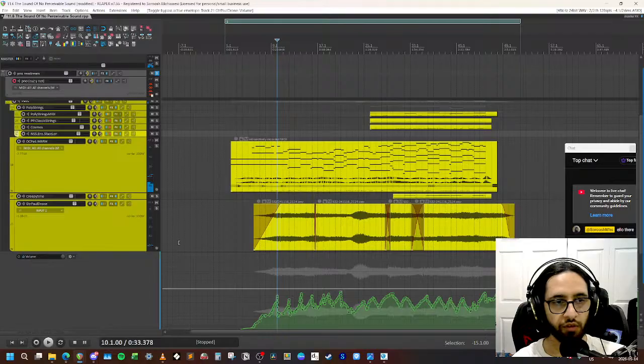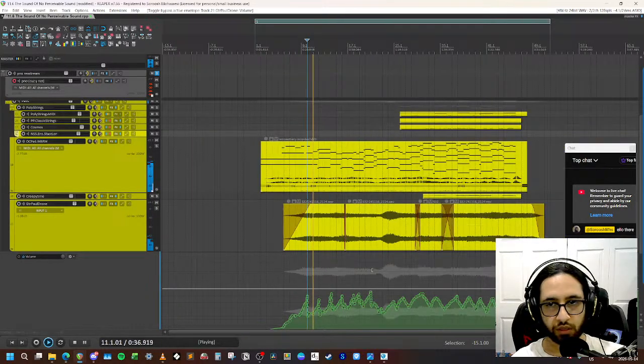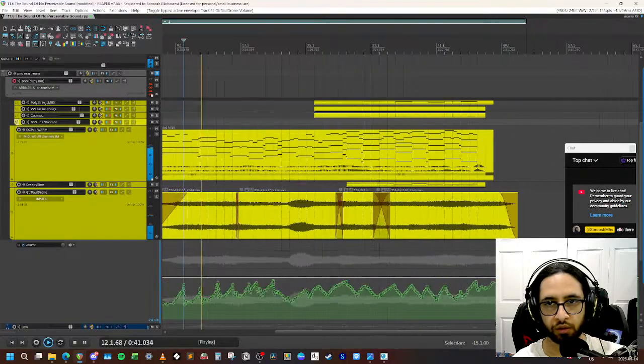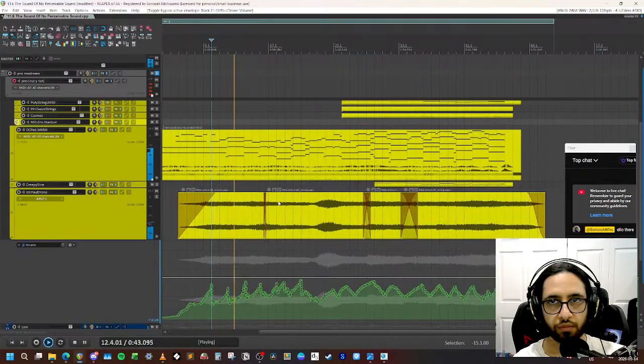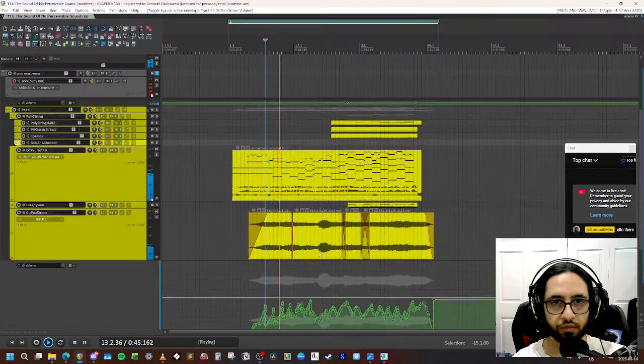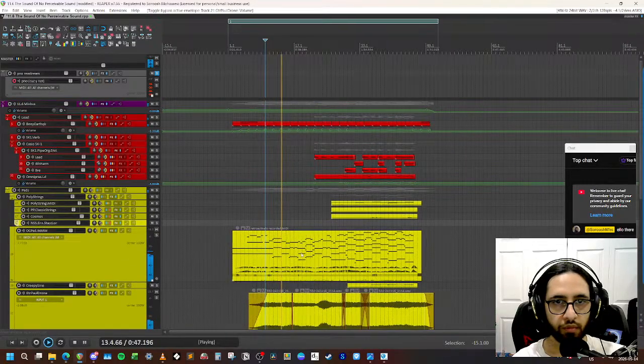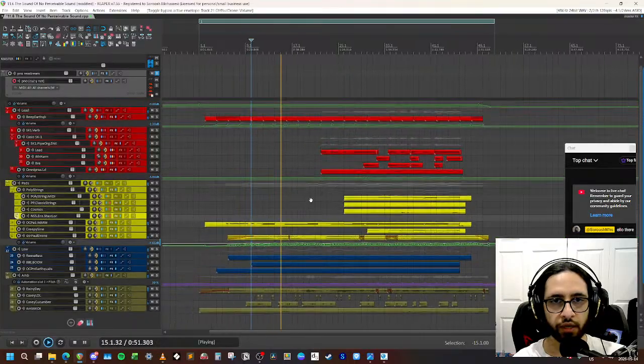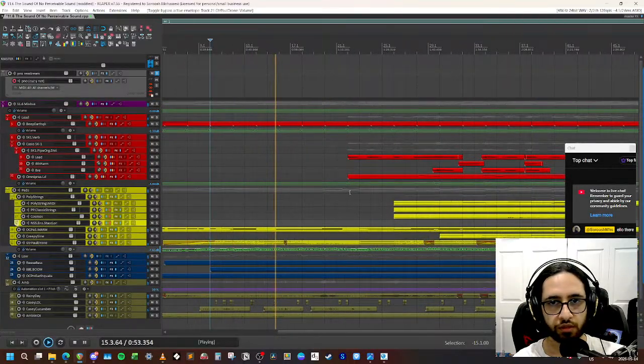And then you add the volume automation. It's kind of subtle in the track. It's not very loud, you know. Actually, a lot of the track doesn't have any leads.